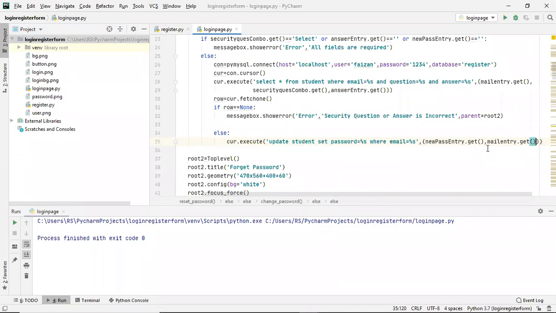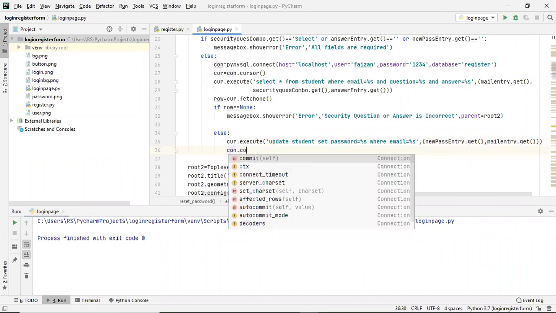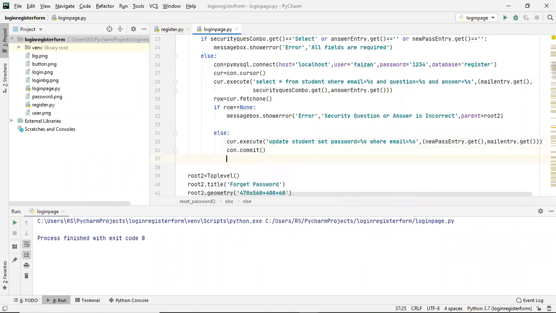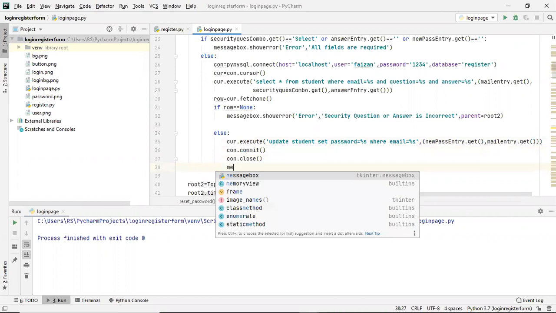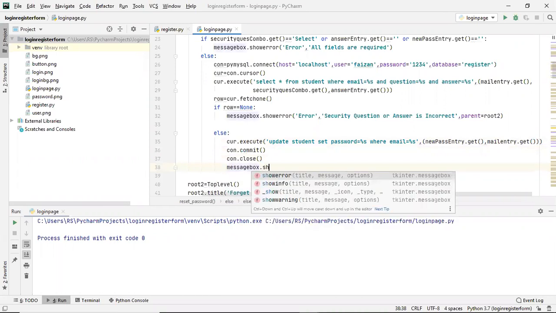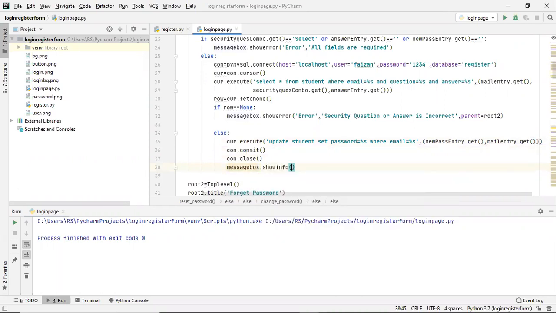Okay, after updating, as I told you, when we insert something or when we update something, we have to write con dot commit. Then only this will be updated, and after updating we will simply close our connection. And at last we will simply show a message box that the password is successfully reset.